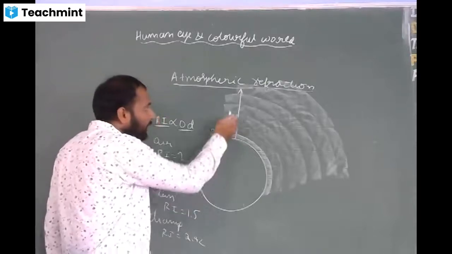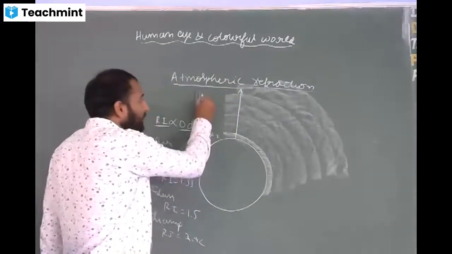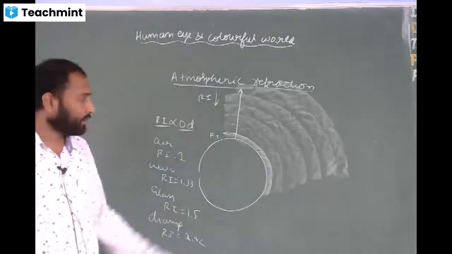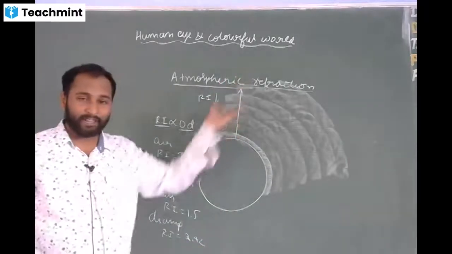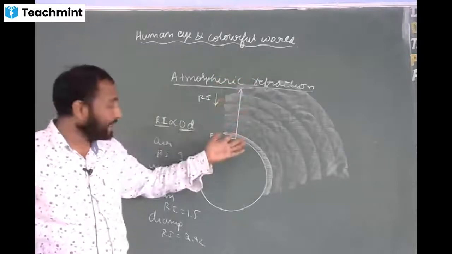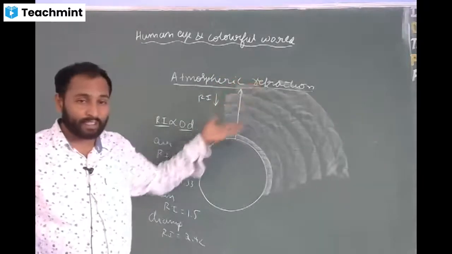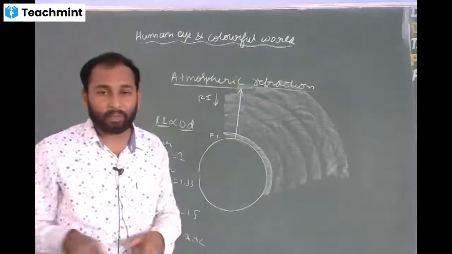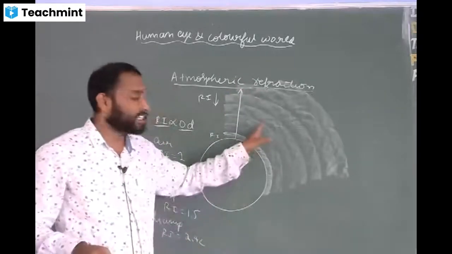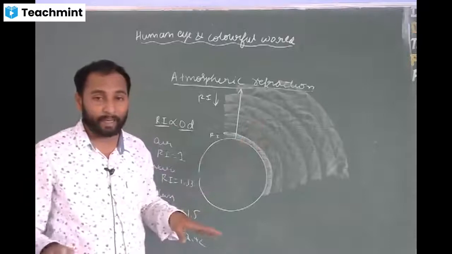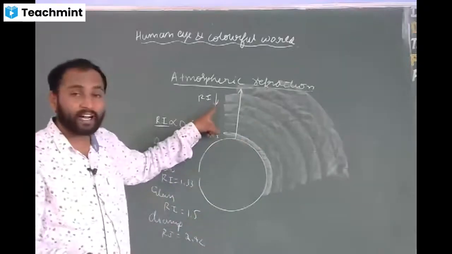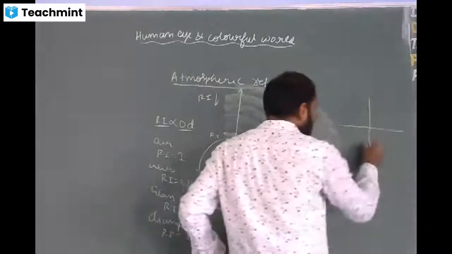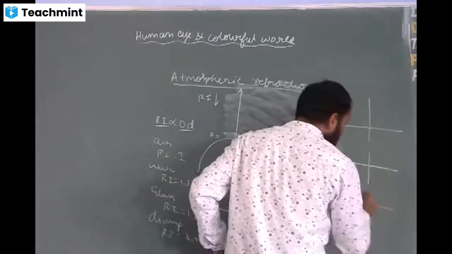So as you go above the surface of the earth, what happens to the refractive index? It decreases. Why is the refractive index decreasing? The optical density is changing. This optical density we call the physical condition of the earth's atmosphere. As the physical condition of the earth's atmosphere is not the same, the refractive index decreases. So, I will consider 3 cases here.